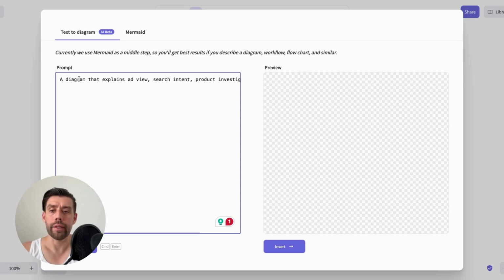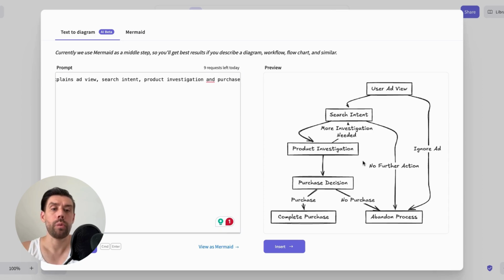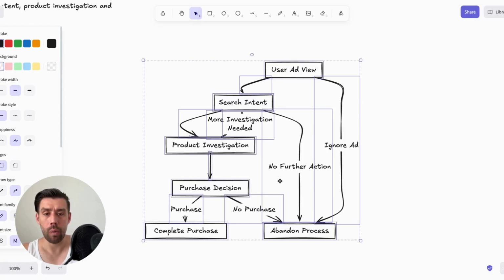So here I wrote a diagram that explains ad view, search intent, product investigation, and purchase. We click generate, and this is what we have. So once we have this, this is a preview, and we can click insert, and now we have the flowchart